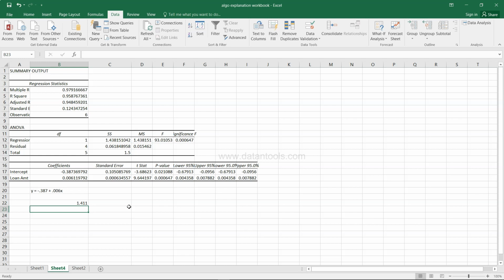Now this output is really not useful because it is going outside the boundary of logistic regression, which is 0 and 1. To bring it within the boundaries, we will use the function 1 divided by, within the bracket, 1 plus exp, the exponential function, which, as it says, returns e raised to the power of a given number. The given number is 1.41. We close this, and the output you get is 0.19.